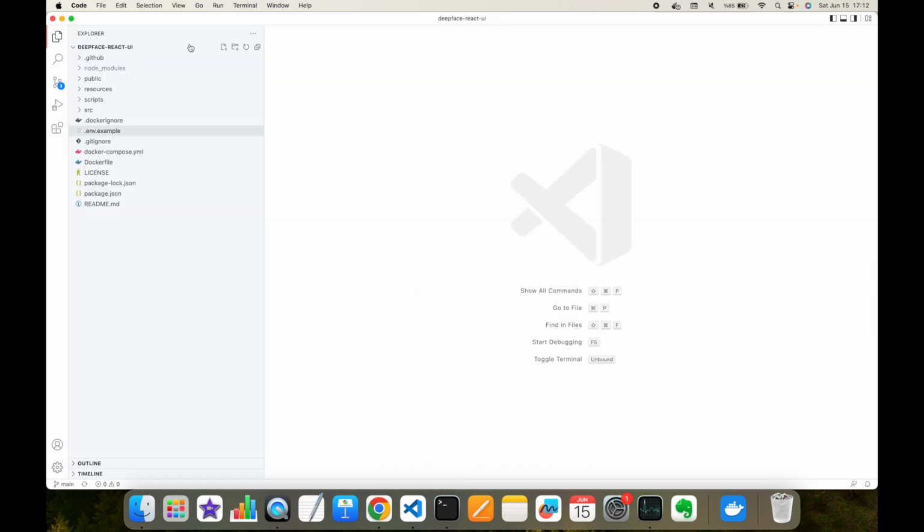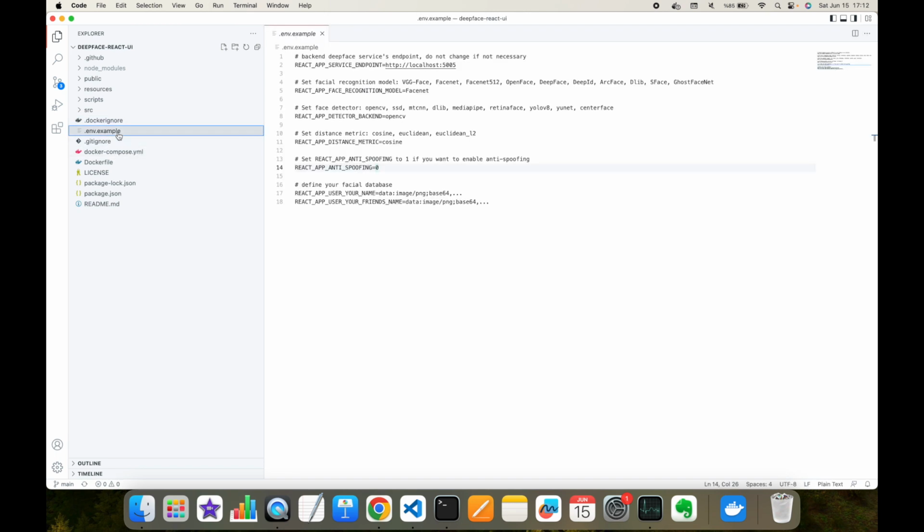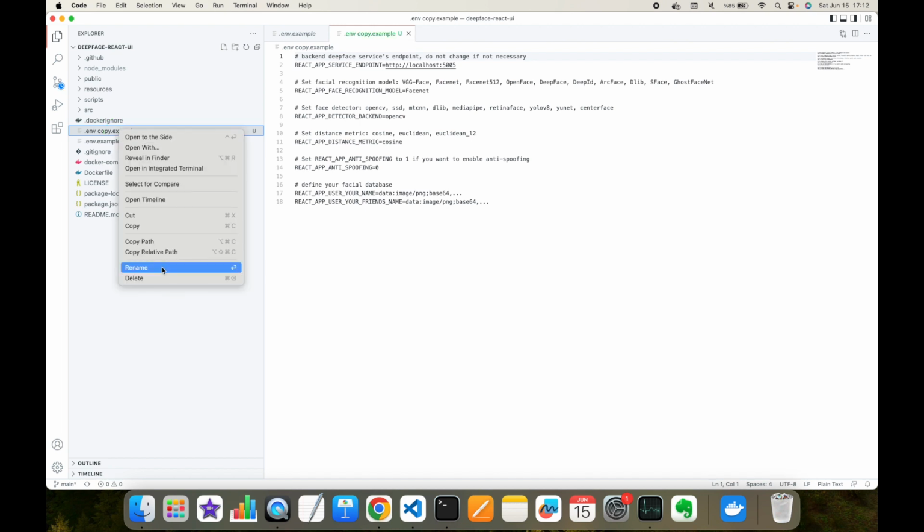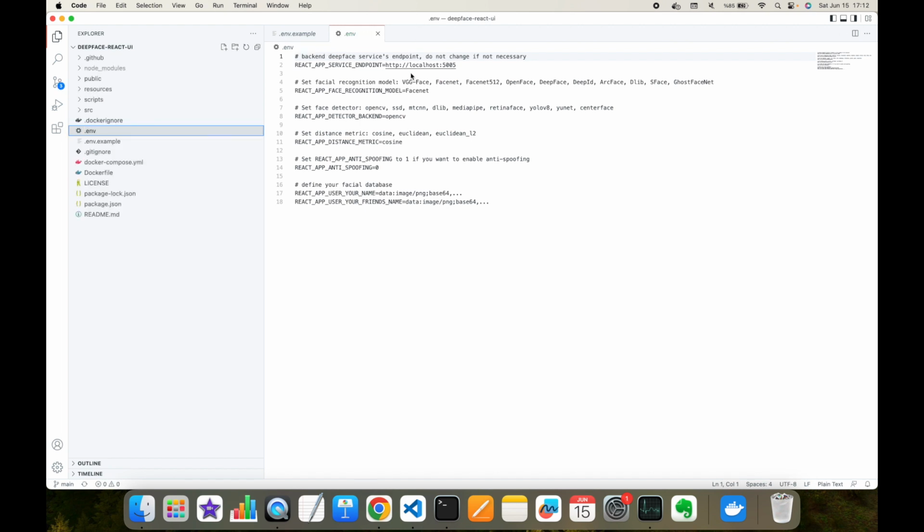Here I opened the repository with VS Code, and as you can see there's a .env.example file. We need to copy this as .env. Thereafter we need to configure this. In this environment variable, the endpoint address of the backend DeepFace service is mentioned, and we are not going to change this. Also here you can configure the backend facial recognition module among these models, for example VGG-Face, FaceNet 512,